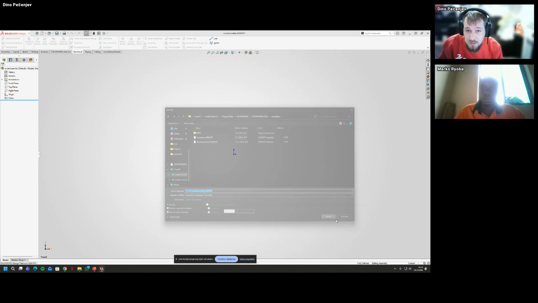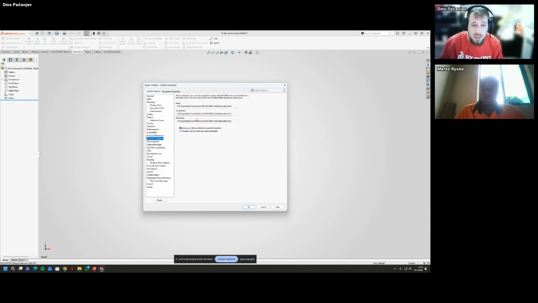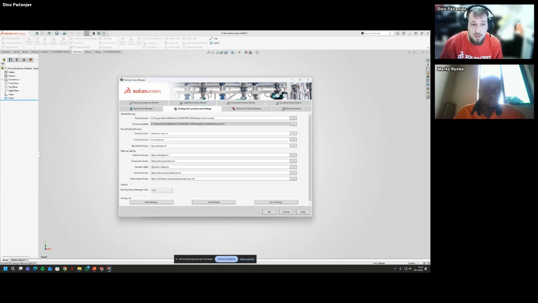route assembly template. And now, as I mentioned, we have here in system options default templates default location, but this is for assembly. So if we want to change our default template, we need to go to the routing file locations. So the routing library manager, routing template.